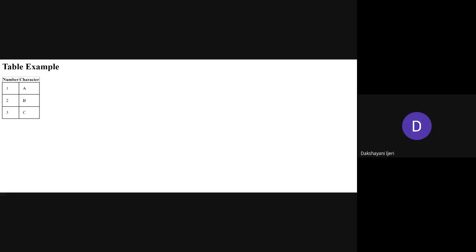So I'll try to change the color to show you the difference here. I have just changed the color to tell you how it is going to make a difference here. So you can see here, I have changed the border color of the TD to red over here. Okay, whereas the thickness is going to remain the same. Okay, so let's see the other examples also.